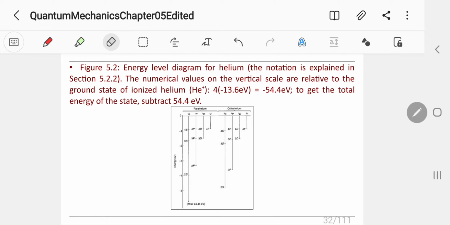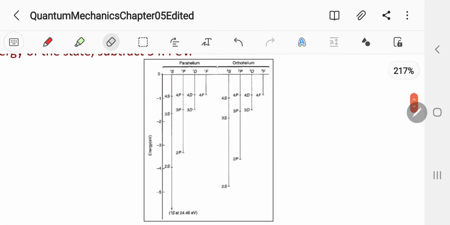This is the energy level diagram for helium. If I magnify this, if the two electrons are in the 1s state, with, of course, opposite spin, the energy of the helium atom would be -24.46 eV, and if one of the electrons is in the 2s, it will increase to